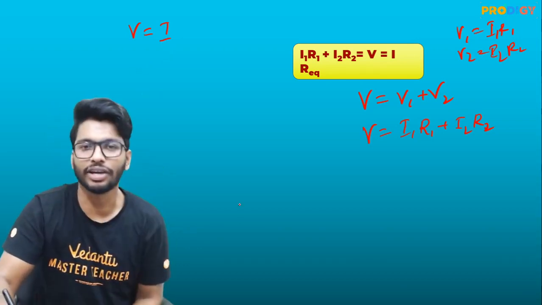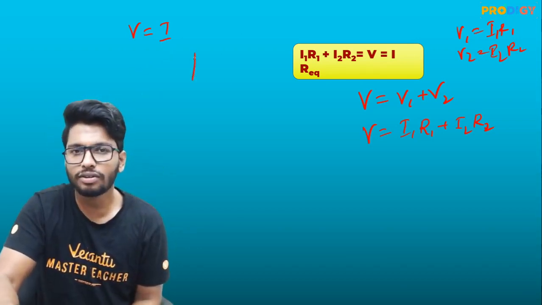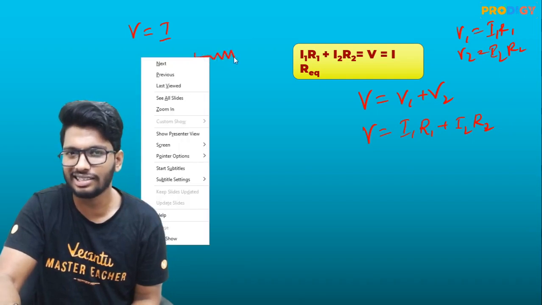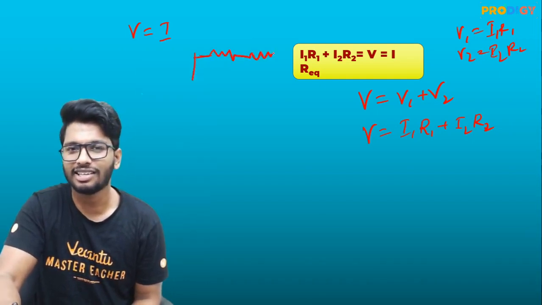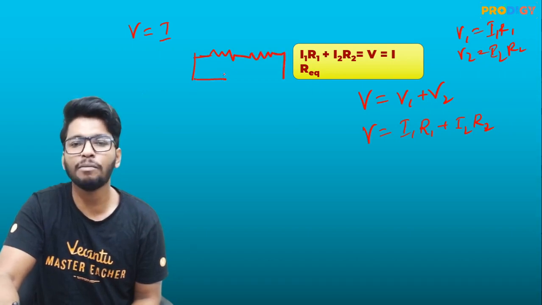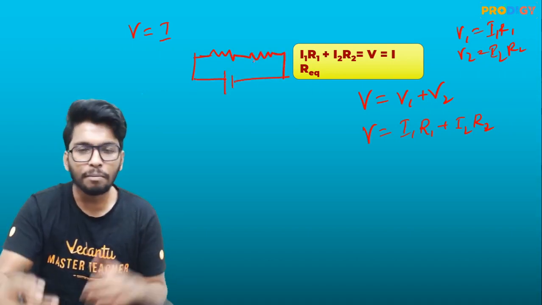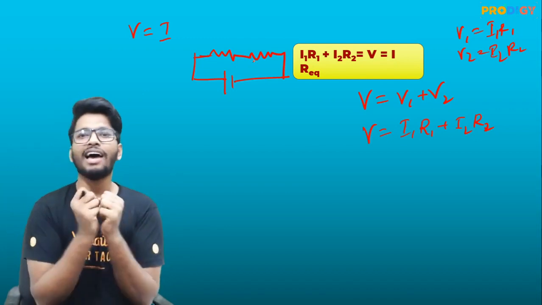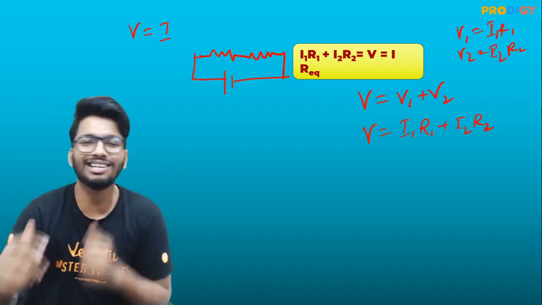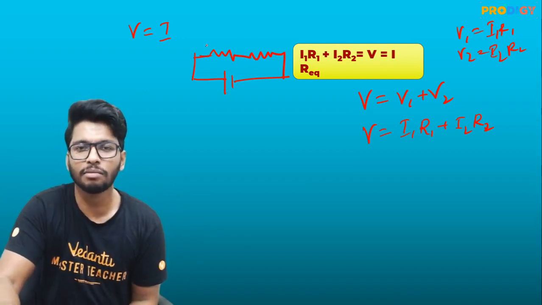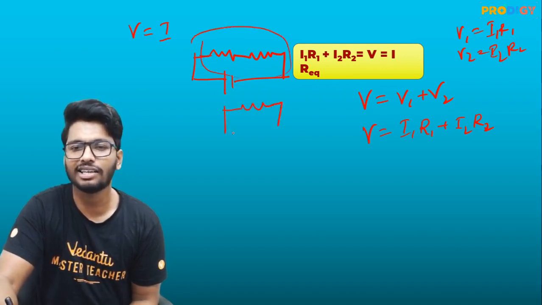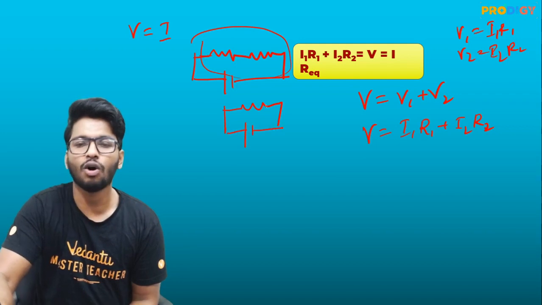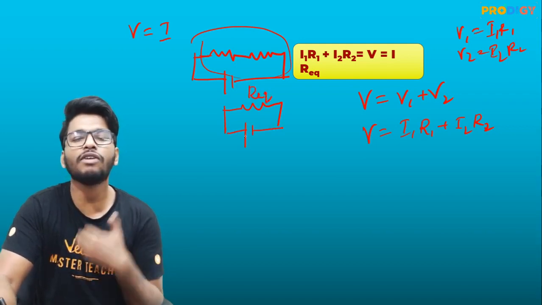So here's what I'm doing guys. I have two resistors right now connected in series, right? So let me just draw that in series. Now what I'm doing is that I am basically combining both of them and making it as one single resistor. So basically I'm combining these both resistors and making it as one single resistor, which I will call as R equivalent.